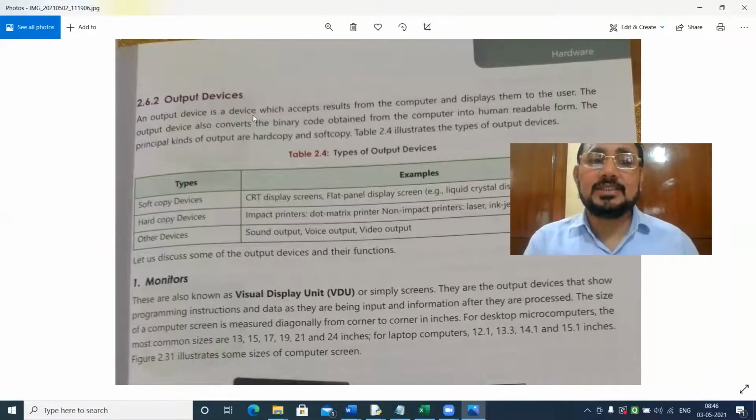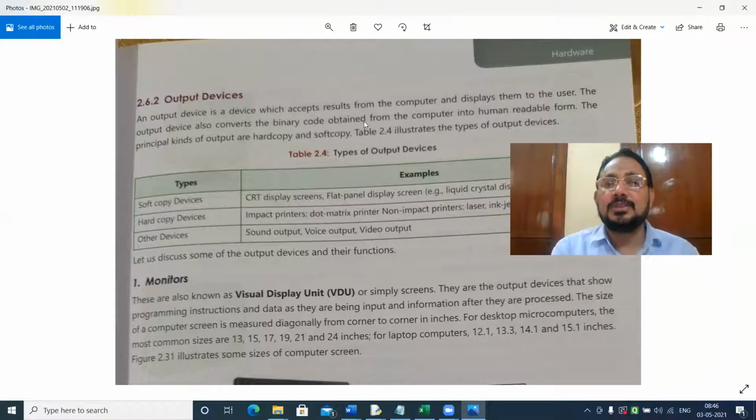An output device is a device which accepts results from the computer and displays them to the user. The output device also converts the binary code obtained from the computer into human readable form. The principal kinds of output are hard copy and soft copy.